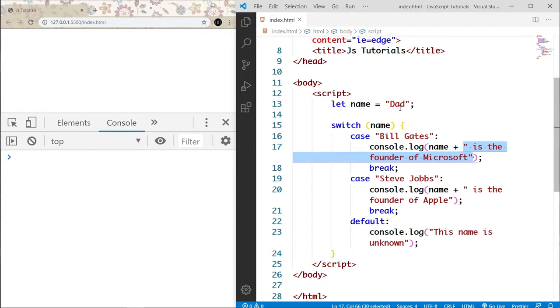So for example, if we passed Bill Gates as a name to the name variable, then it is going to match up with the first case, and once it matches up with the first case, then inside our console we are going to have Bill Gates is the founder of Microsoft printed. Now the moment the first case is executed, because of this break statement, the program is simply going to break out of the